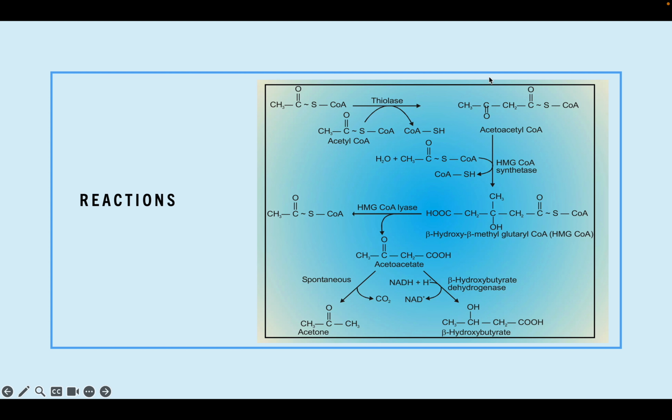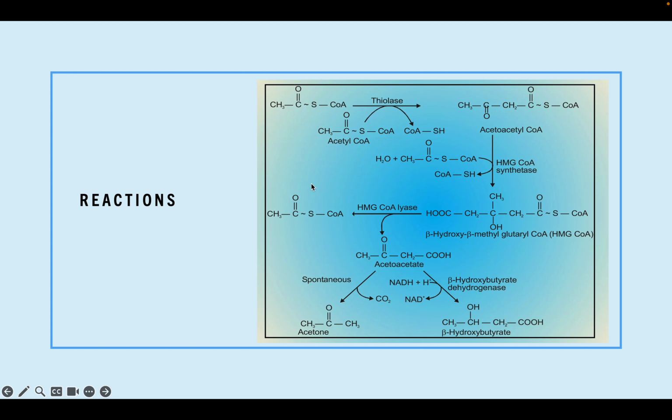So now this CH3CO, this molecule of acetyl coenzyme A, condenses with this molecule of acetyl and forms this beta hydroxyl group, right? And then we see this compound form, which is called HMG CoA. And then this HMG CoA, with the help of the enzyme HMG CoA lyase, which I have said is only present in the liver, that's why these reactions happen in the liver,